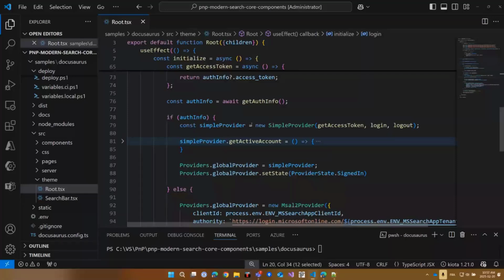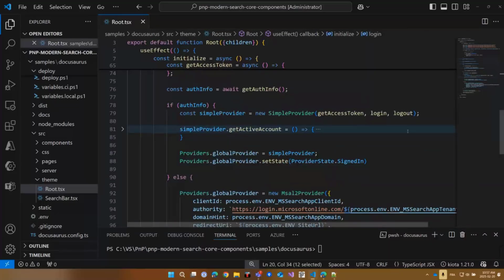So the PnP Modern Search Core components are using Microsoft Graph Toolkit behind the scenes. And the way Microsoft Graph Toolkit works is you have a global provider on your page that handles authentication, and all the components are using that provider. So in that case, we create just a simple provider with the access token, so all the components can use that access token if they have to make a Graph call.